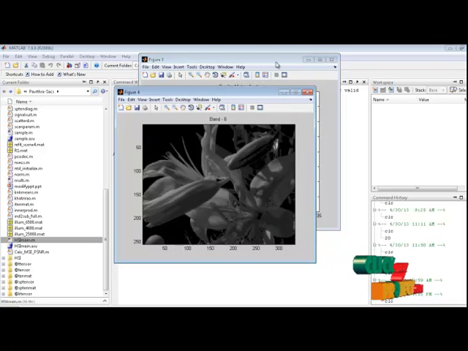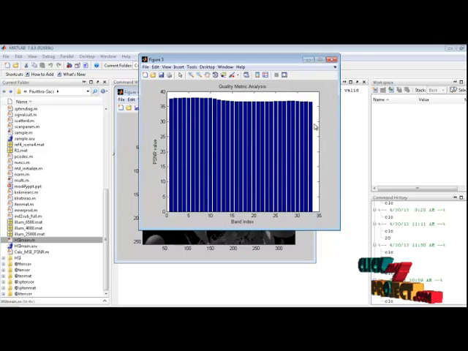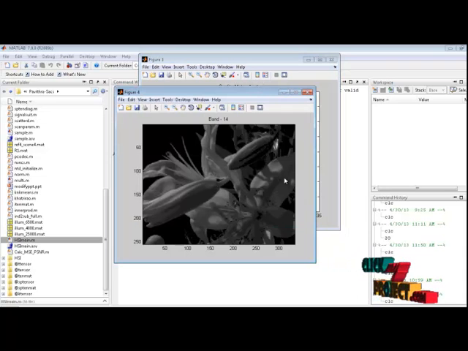This one is the compression ratio. Compression ratio for quality metric analysis, then PSNR value and band index value. Then compression ratio is very useful here. Compare the proposed method with the best known techniques such as the 3D SPIHT algorithm and both PCA and JPEG algorithms.